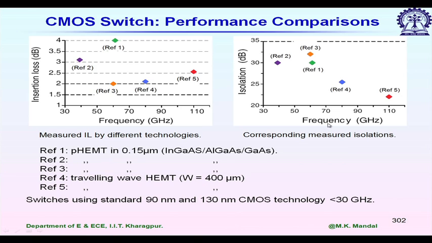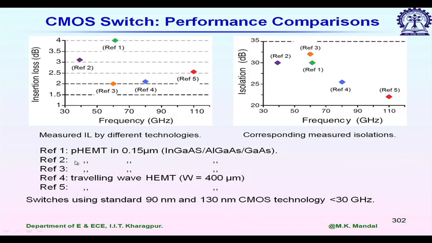So, here is performance comparisons. We have different types of FET switches in HEMT technology, in travelling wave HEMT technology. So, what is travelling wave HEMT technology? Here multiple HEMT switches are used in cascade connections by separation of transmission line sections. So, we use some transmission line among the FET switches to connect them, and that is why we call it